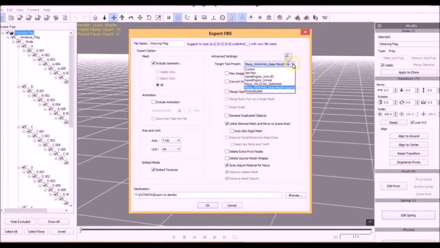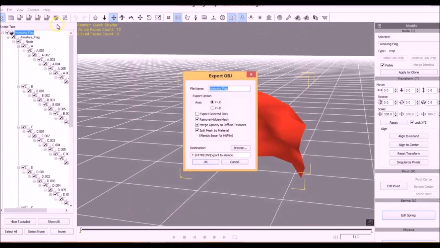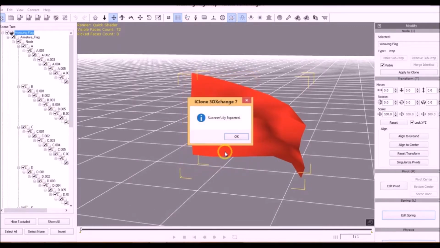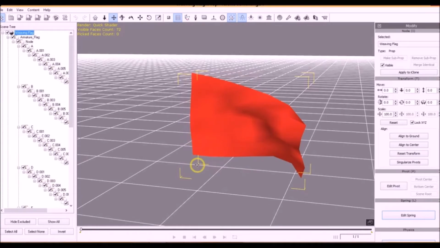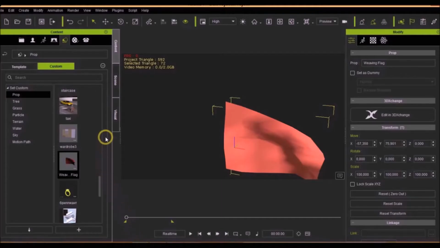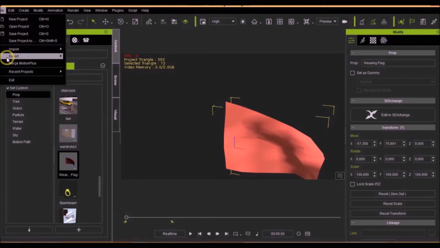Step 4. Next, export the OBJ file using the active radio buttons, merge opacity to diffuse texture, and the split multi-material mesh for Alembic button. The object will be exported to OBJ along with the textures PNG files.